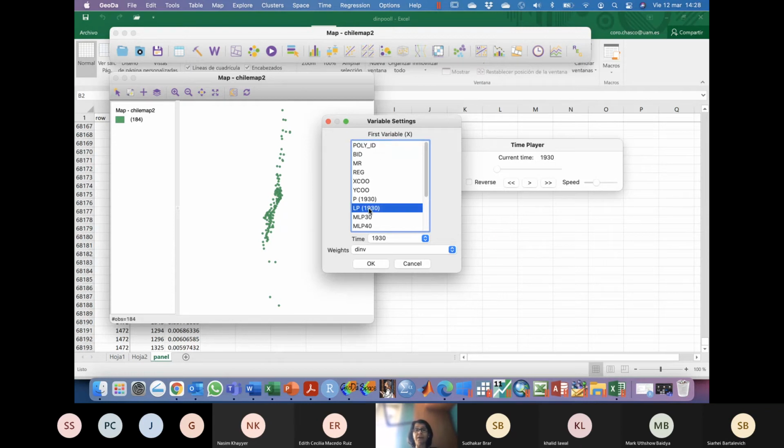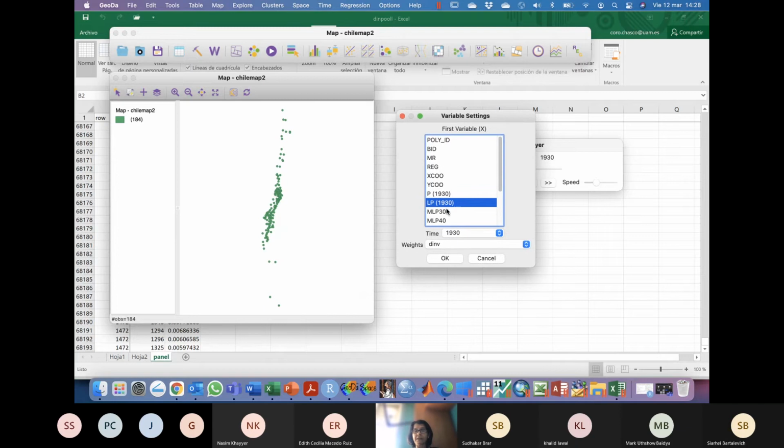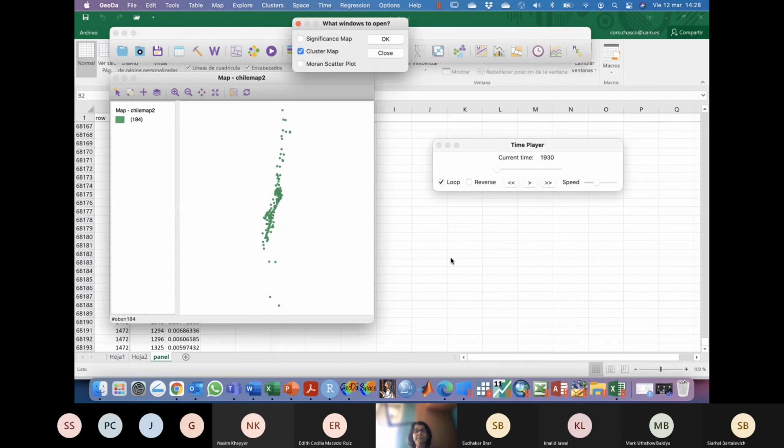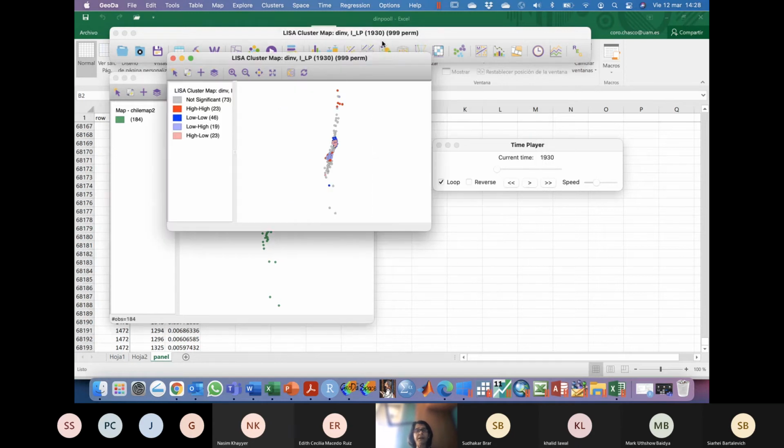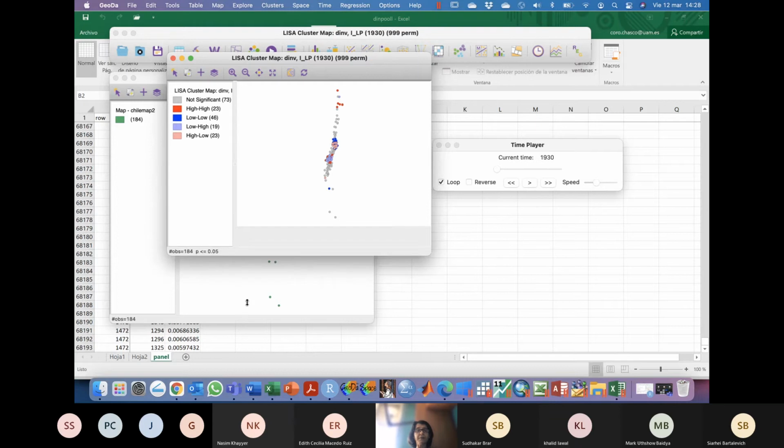And if I do that for the log of population, in this time, because I could change to another period of time, and for this weight matrix, because I could use some other if I had one, but I didn't load the contiguity matrix. This is why it is not here. I should have loaded it previously to be able to see it here. So I say, okay, a cluster map, and I can see the cluster map,